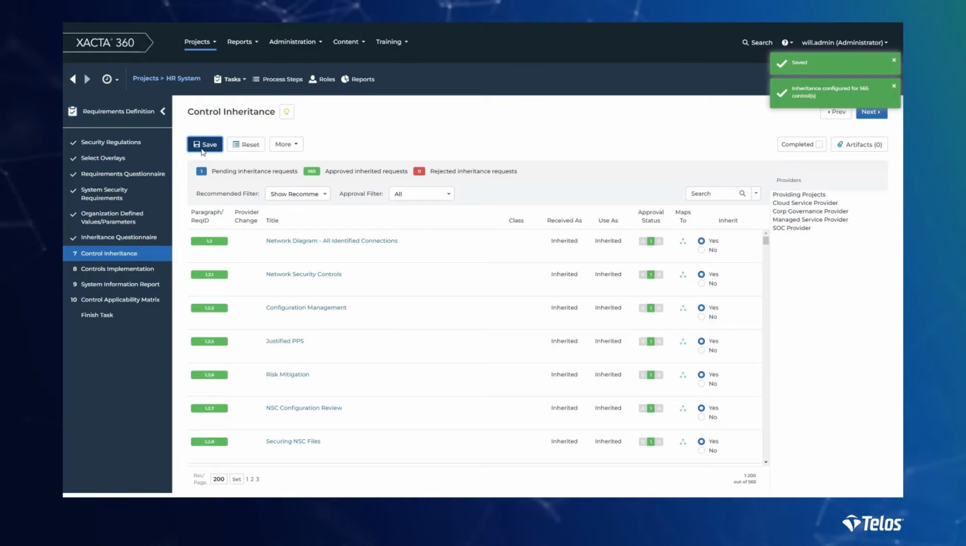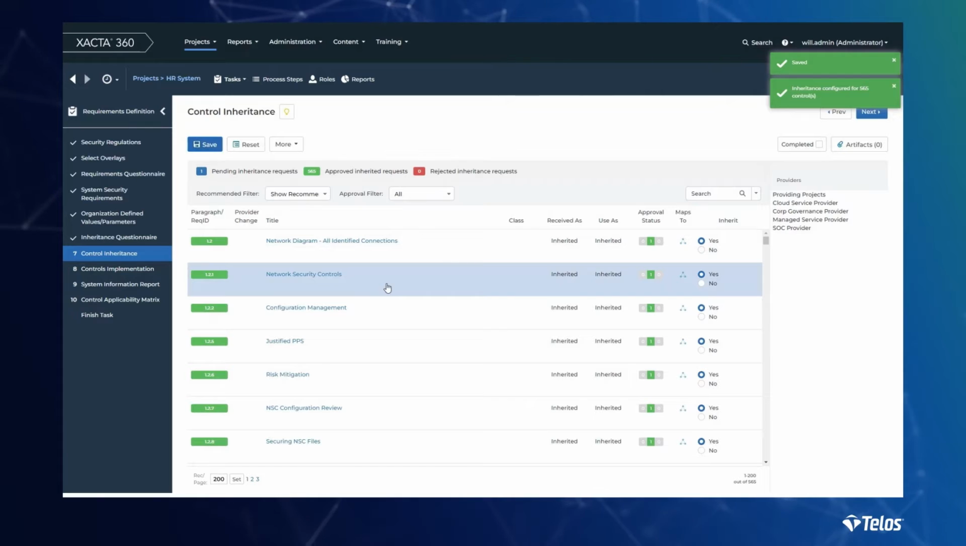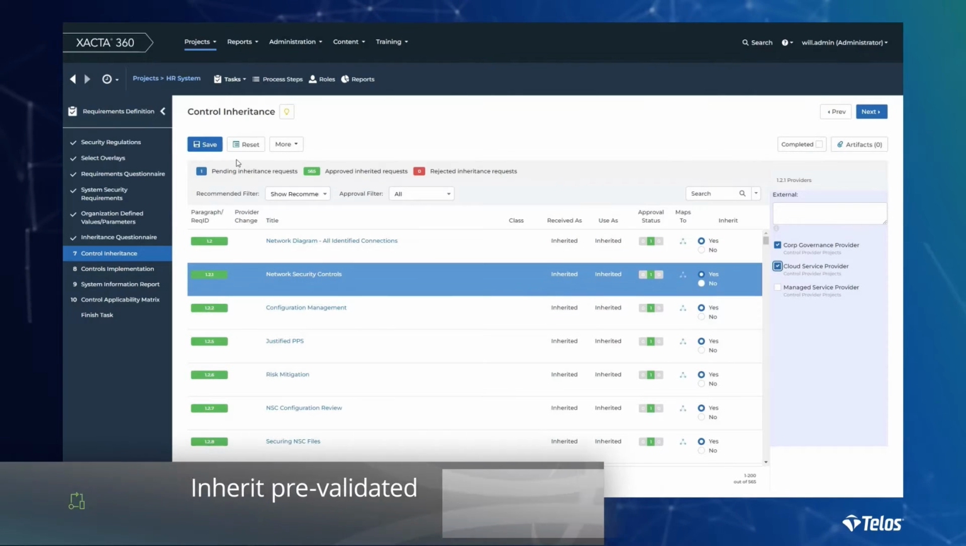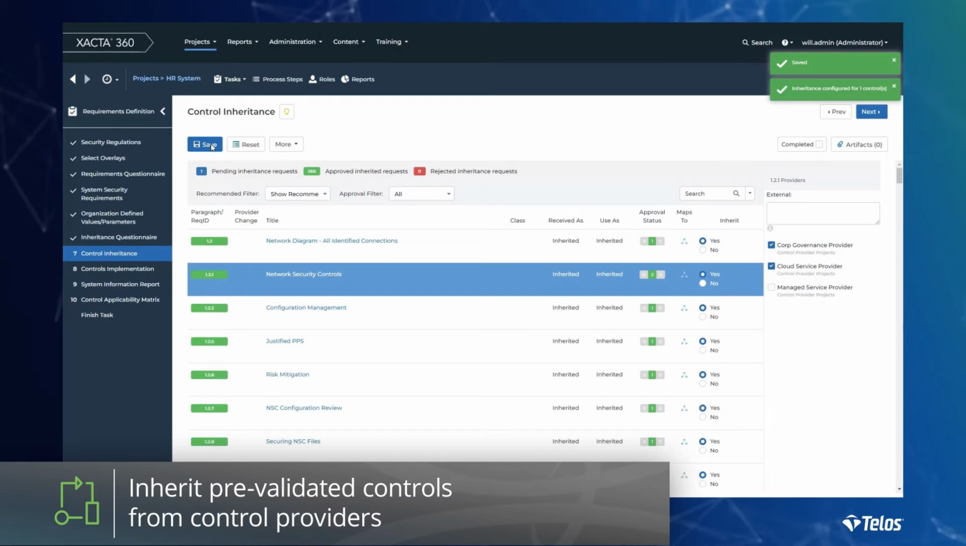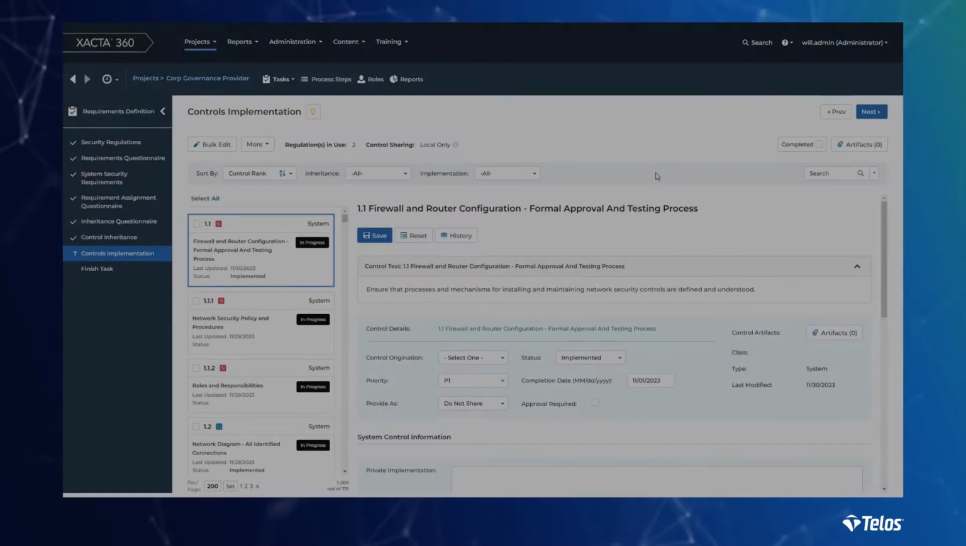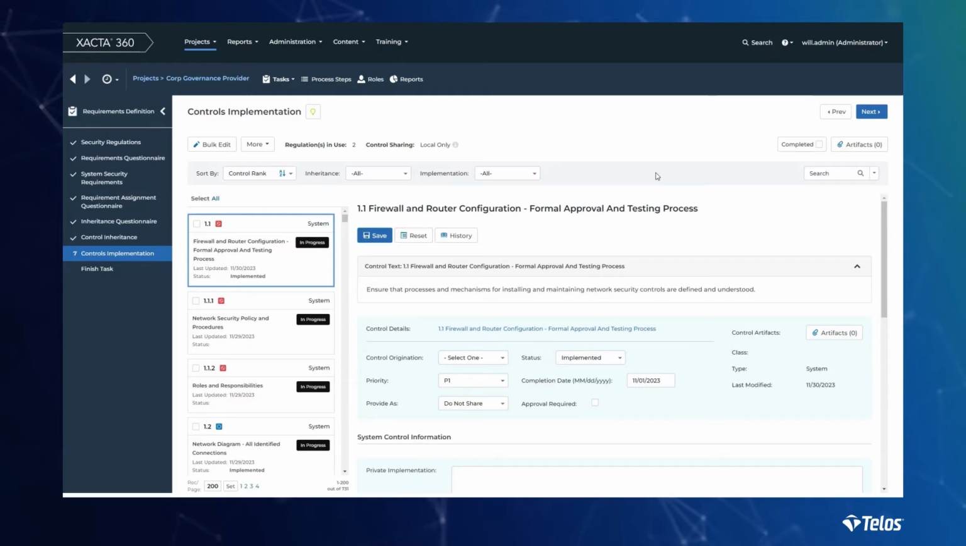Xacta's robust inheritance features help organizations capture the various layers of security and eliminate redundant compliance tasks. By inheriting pre-validated controls from other common control providers, maintained by the owners of those controls, Xacta's automated control inheritance capability allows your organization to knock out controls and ultimately reduce what you are required to validate and then document